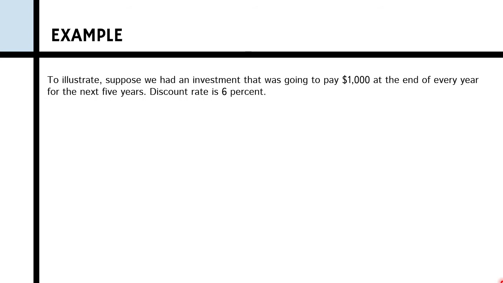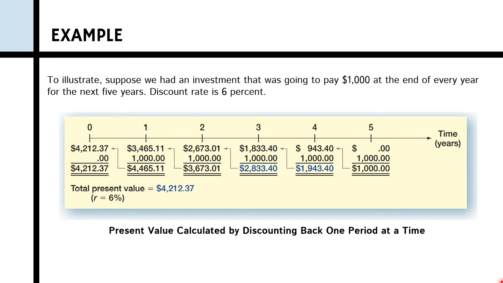Another way to determine the present value is by discounting back one period at a time. This technique is time-consuming, but here's how it works. So take a look in year 5. We discount this 1,000 one period, so 1,000 divided by 1.06, that is 943.40. So we add the 1,000 we have in year 4, so we can have 1,943.40. Divide this amount by 1.06, that is 1,833.40, plus the 1,000 in year 3, so that is